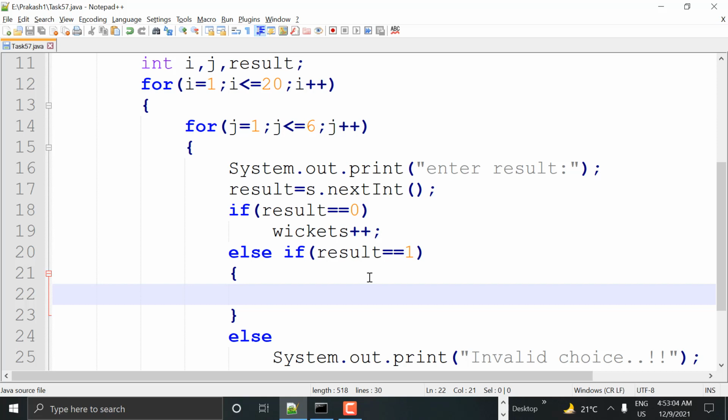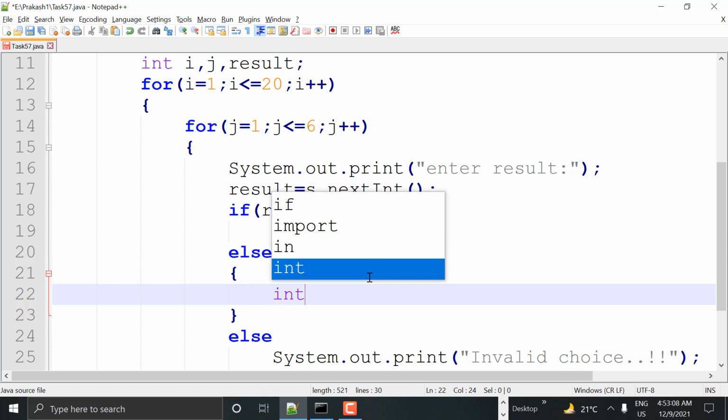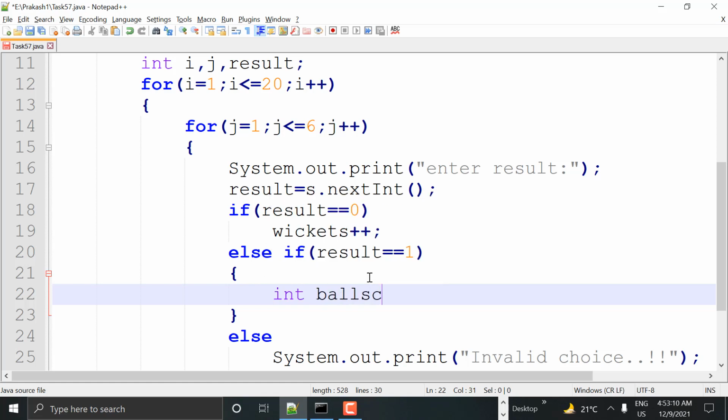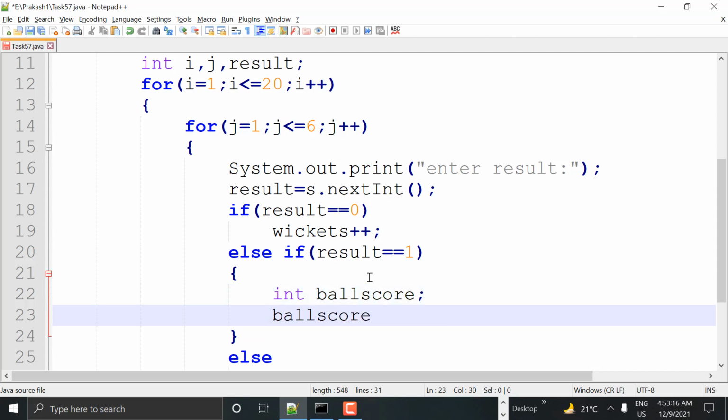Result 1 means we should ask the user for the score, guys. So I'm taking int ballScore, I mean each and every ball score, and I'm taking it as ballScore is equal to s.nextInt. I'm reading it.